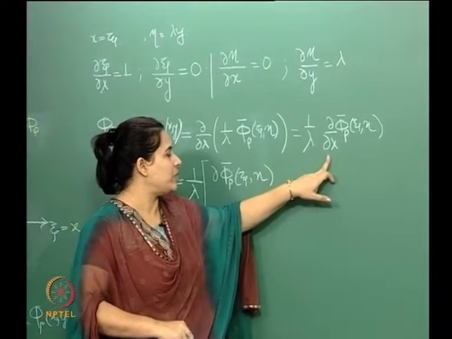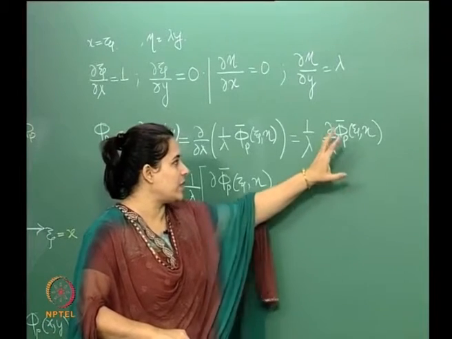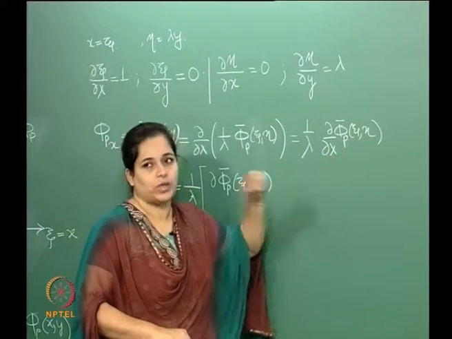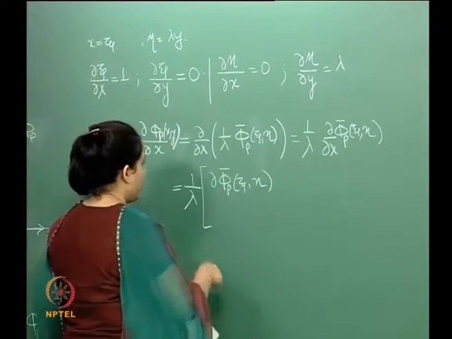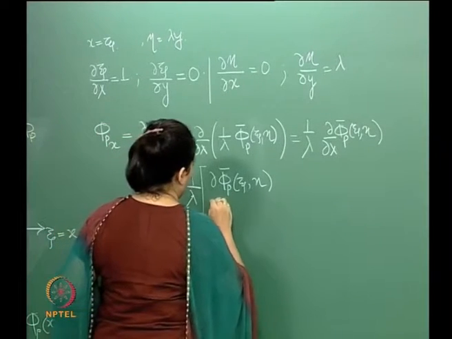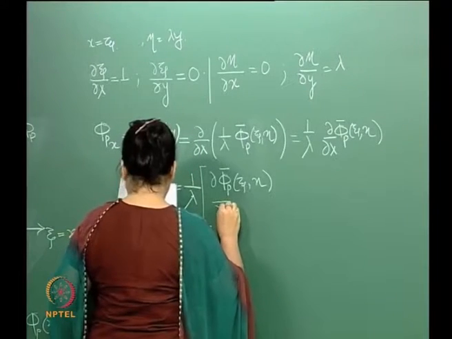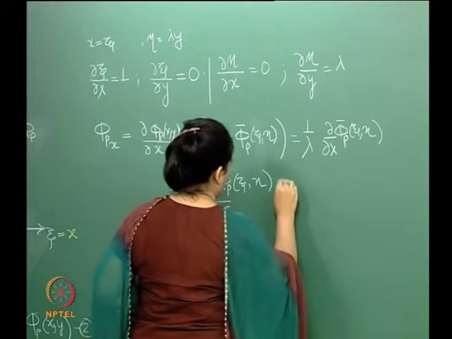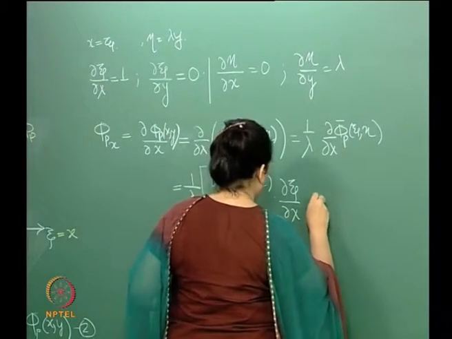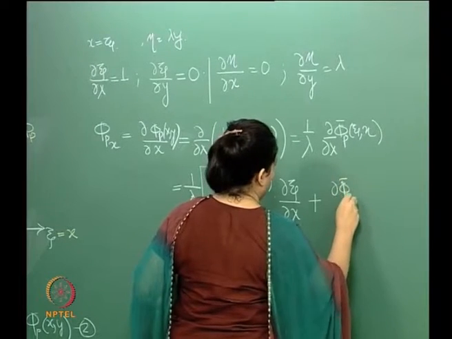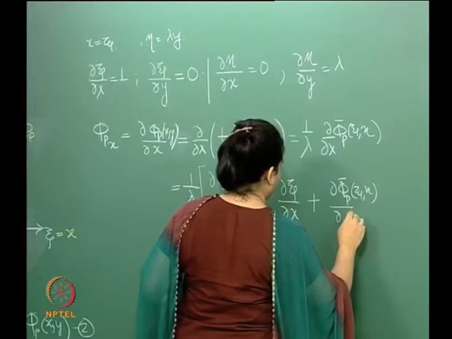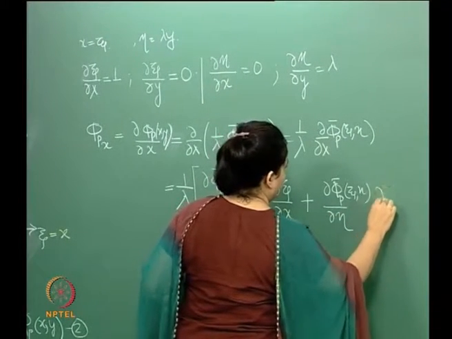So, that would mean that we also need to take the change in coordinates zeta and eta with respect to change in x, right. So, therefore, what I can write here is, I take this out here. So, this would mean del phi p bar del zeta into del zeta del x, right, plus the change in del phi p bar del eta